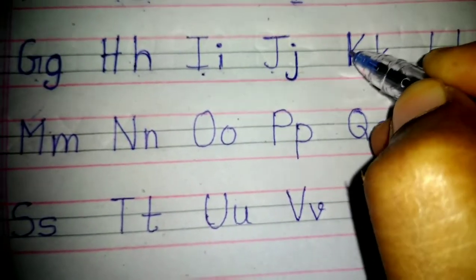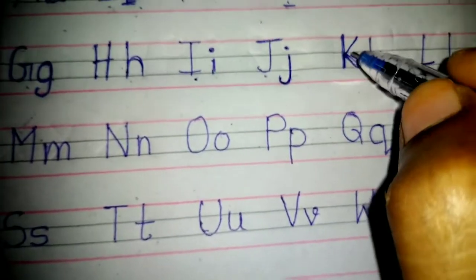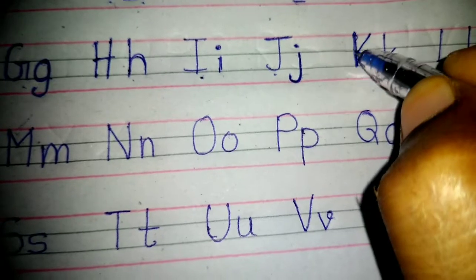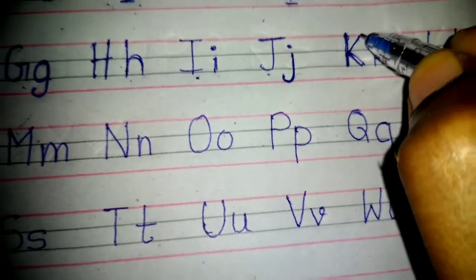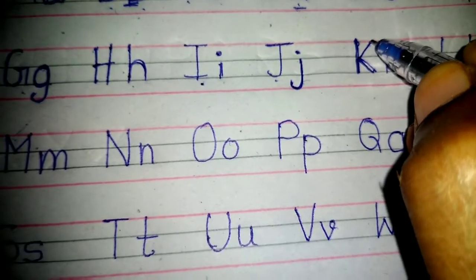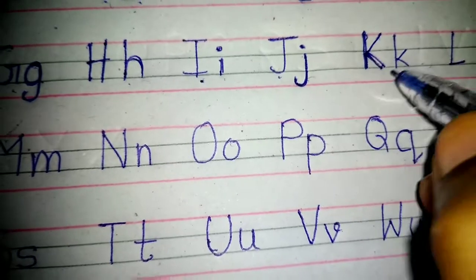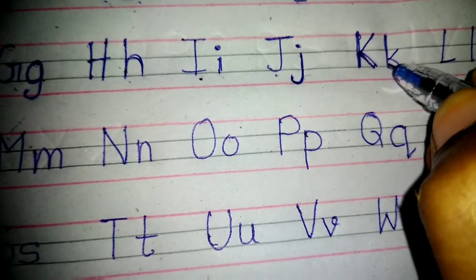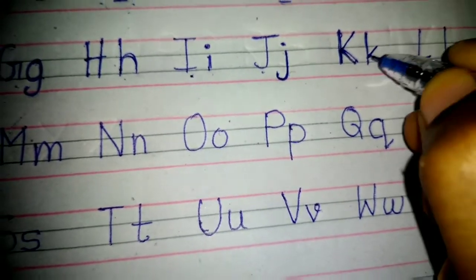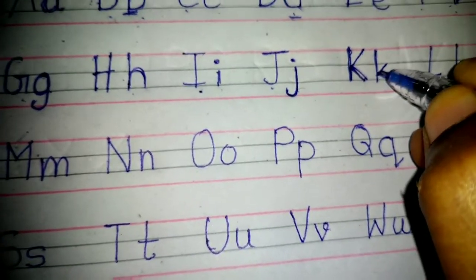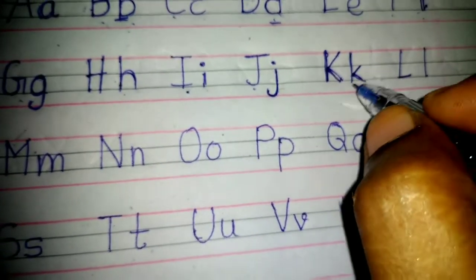Capital K. Capital K and small k, there is no difference, but we are writing on a 4 rule book. Then you write capital K and small k. Slant lines must be on the red line in capital K, and a down line. But small k, what do you write? Standing line in the middle line only, joined with slant lines. Joined only with the middle line with a slant line. It becomes small k.